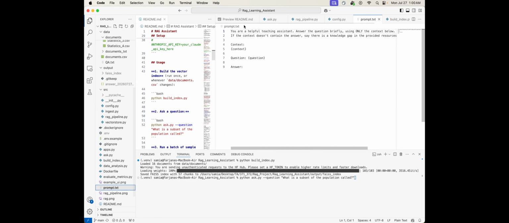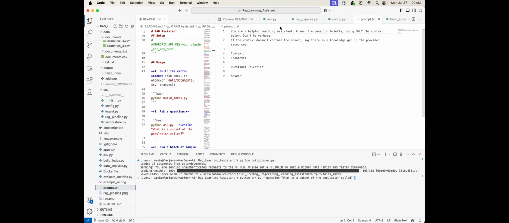So in the prompt.txt, if we give the word wrap, this is the prompt: you are a helpful teaching assistant, answer the question briefly using only the context below, don't be verbose. If the context doesn't contain the answer, say there is a knowledge gap in the provided resources. Context, here we will pass the retrieved chunk, and the question is the user-asked question in the system, we will